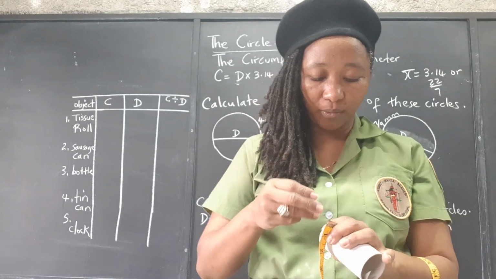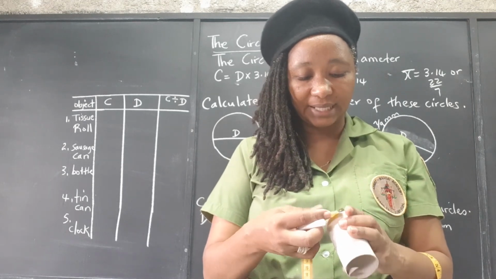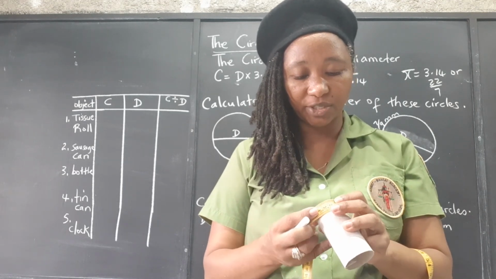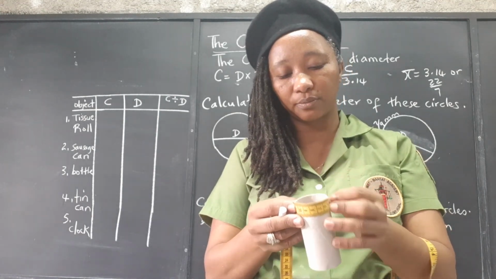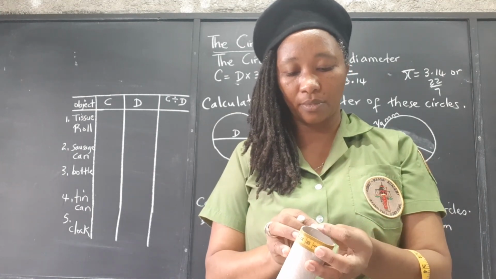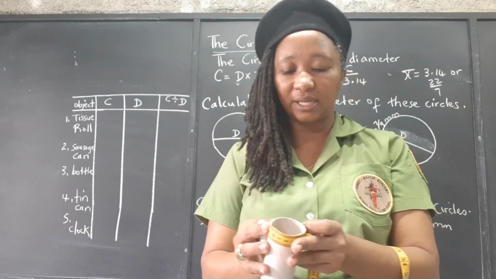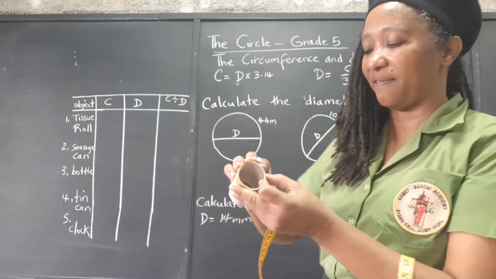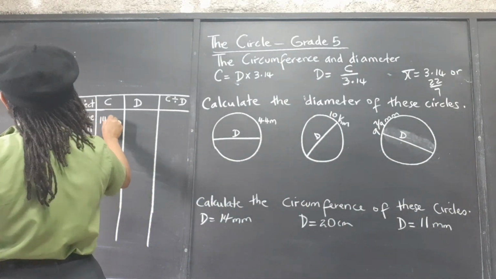Let me mark where I'm starting with the chalk, using my centimeter section of the measuring tape. So I'm going all the way around. That is 14 and a half centimeters. So the circumference is 14.5